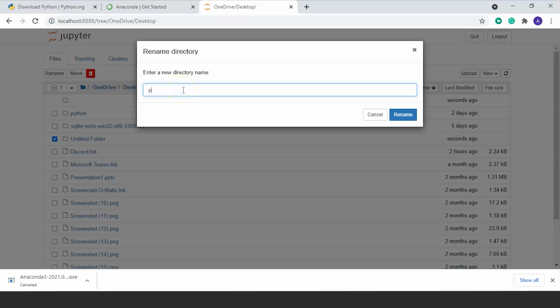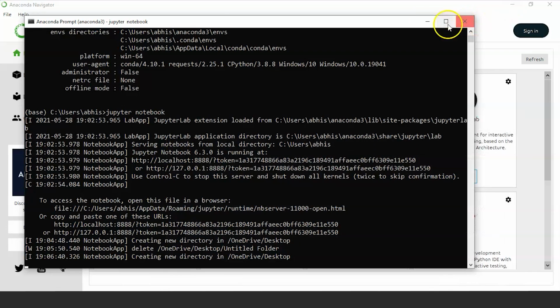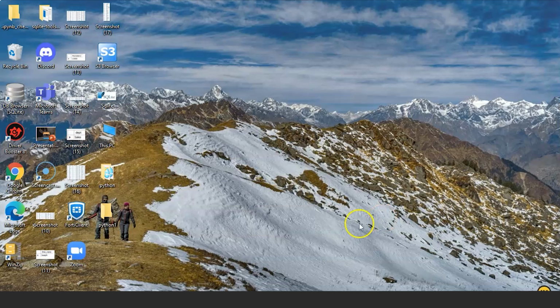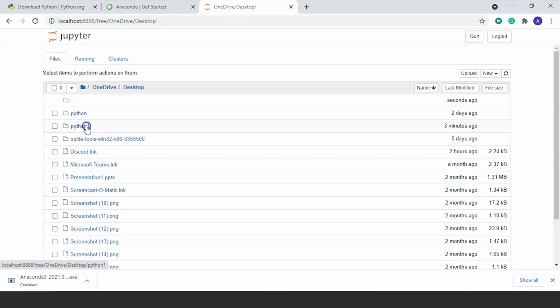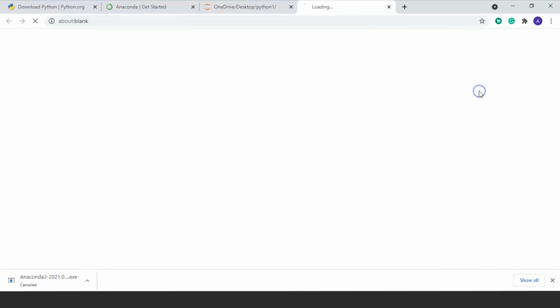I'll rename it as Python 1. Now minimize the window and open the desktop. You can see the Python1 directory is created, and now we will click on the Python1 folder and create a Python3 notebook.